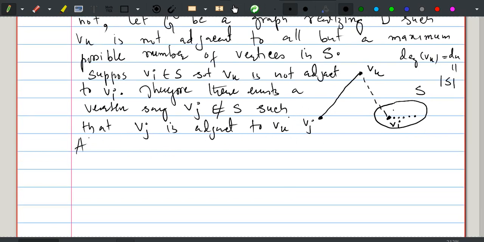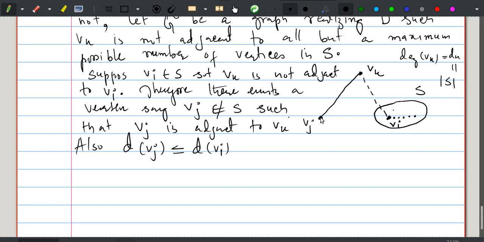Also the degree of Vj is less than or equal to the degree of Vi, because S contains all those vertices whose degree is the largest. So if Vj is outside this set S, the degree of Vj will be less than or equal to the minimum degree of these vertices. Now let us see here, at Vj